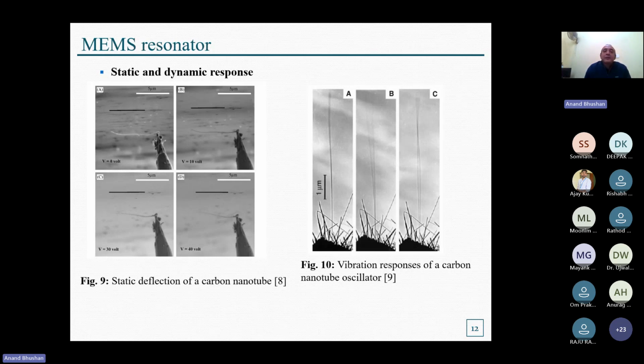In figure 10, in figure A, there is a cantilever-type carbon nanotube, and from a nearby electrode, we provide AC voltage. When we provide the frequency of AC voltage near the first natural frequency, we can see that the carbon nanotube is oscillating in the first mode of natural frequency, that is, the fundamental resonance. Again, when we provide the frequency of AC voltage near the second natural frequency, in figure C, we can see that the carbon nanotube